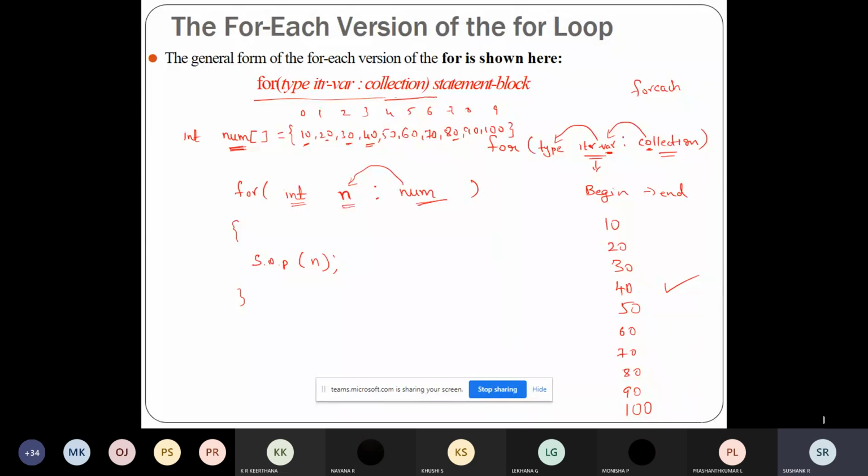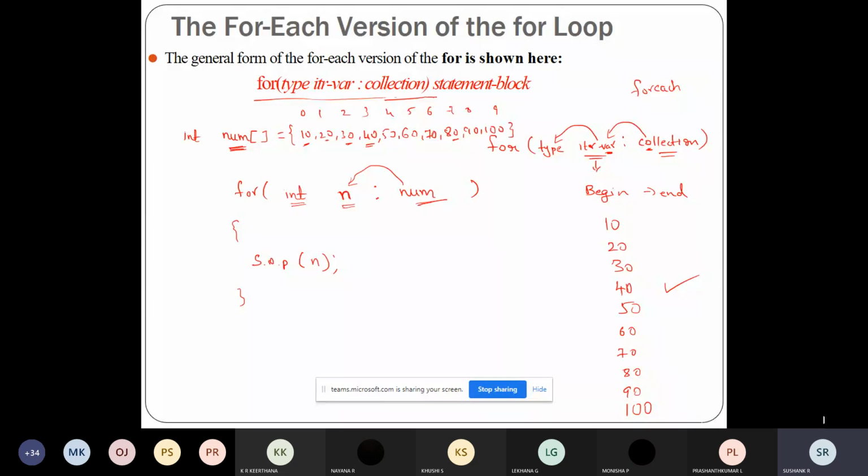See, it will only perform the traversal, from the beginning of the list to the end of the list. Any doubts here? Whether you understood this concept? Yes, sir. Okay. So see, the same thing you can repeat for a two-dimension array also. You can use the same concept for a two-dimension array also.